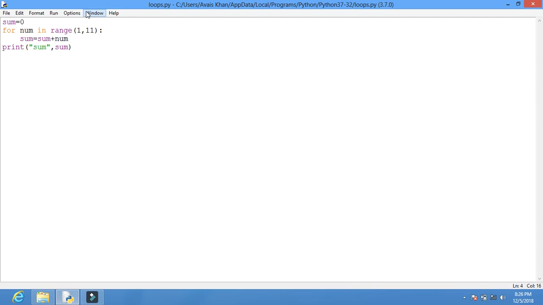So we initialized the sum with 0. Now entering this loop, the value of num is 1. The value of the sum is initially 0 and the value of num is 1, so 1 plus 0, so the sum becomes 1. In the next iteration the value of num changes from 1 to 2. The value of the sum was 1 and the value of num is 2, so 1 plus 2,